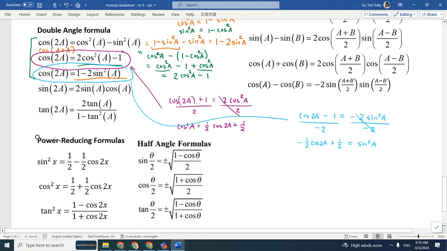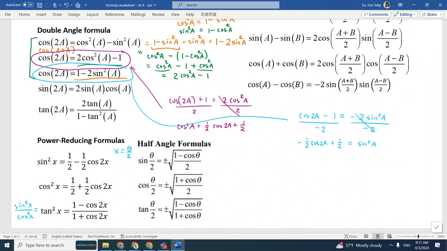Okay, so yes. And here we know tangent square is sine square over cosine square. That's why you use this over that, and you get this. Okay, so this is how we derive the power reducing formula. And now this is equivalent to the half angle formula. Why? If you let x be theta over 2, and then plug in on the